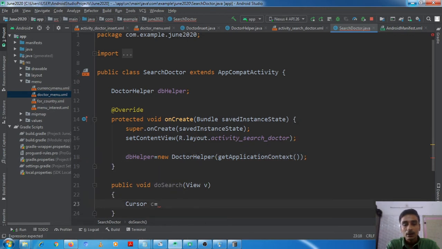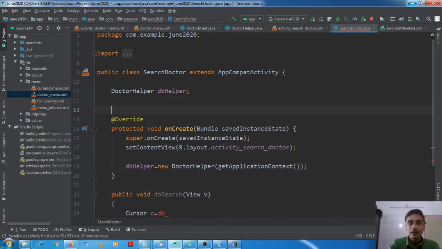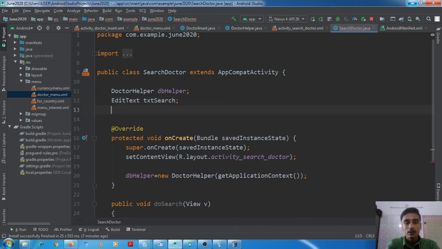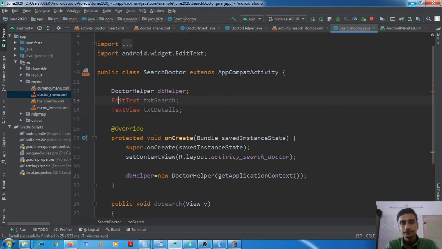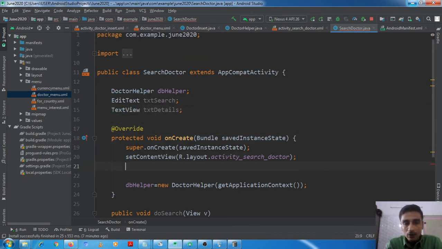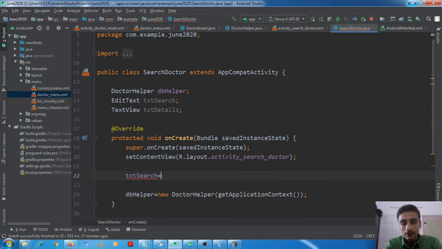Okay, after that here DB helper, but before that we should retrieve text view and edit text. Okay, edit text, which is text for searching, and text view for showing details of doctor. Okay, now here in our onCreate method we will retrieve these both things, that is edit text and text view.